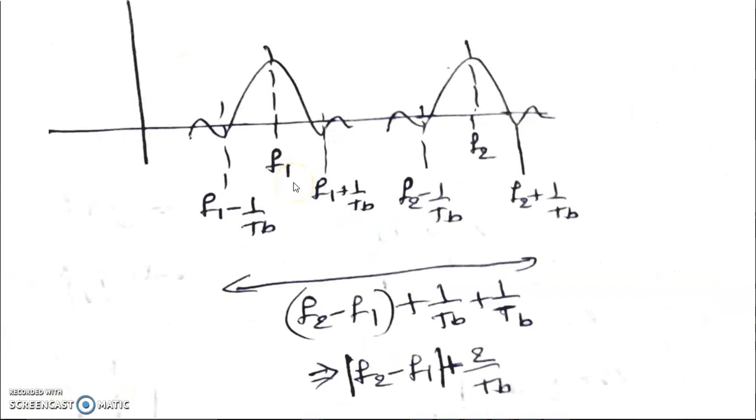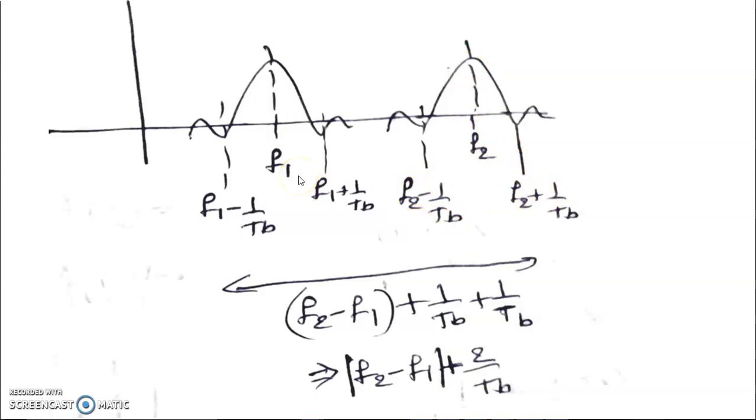See, in the FSK what we are doing here, we are transmitting with f1 frequency and we are transmitting with f2 frequency. That is, if you multiply plus 1 with Ac cos 2 pi f1t, then you will get the spectrum at center frequency f1, f1 plus 1 by Tb, f1 minus 1 by Tb. If you multiply that with Ac cos 2 pi f2t, then you will get f2 as center frequency, f2 plus 1 by Tb, f2 minus 1 by Tb. This is from the frequency shifting property.